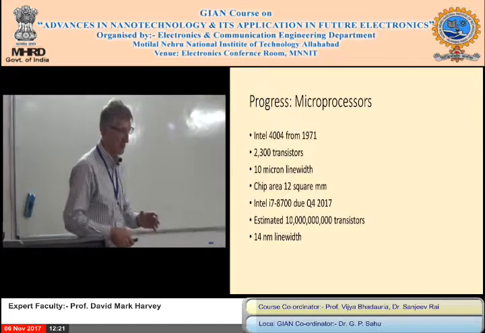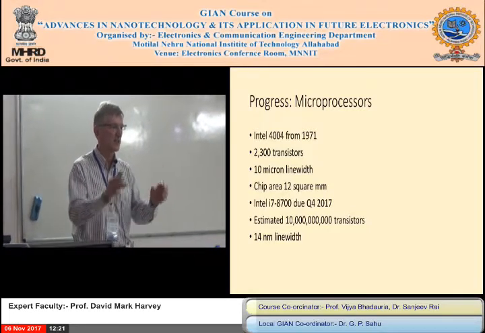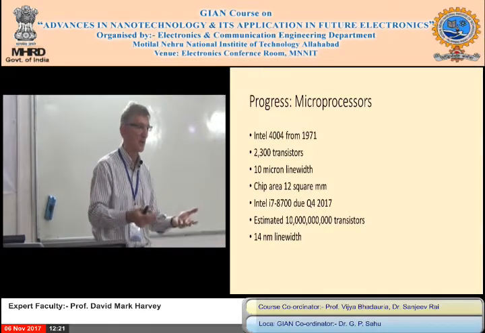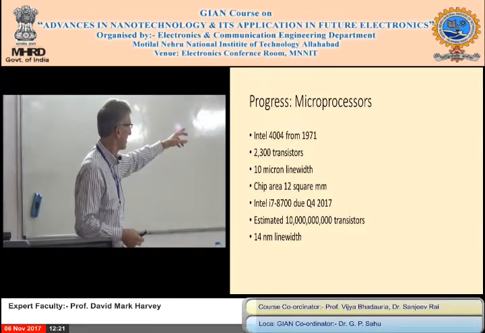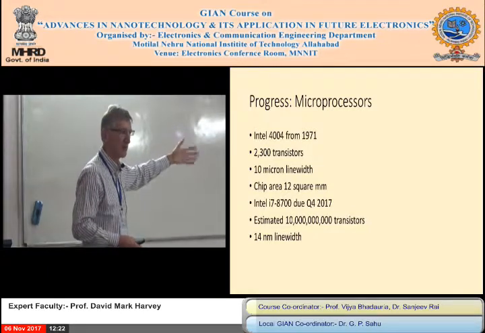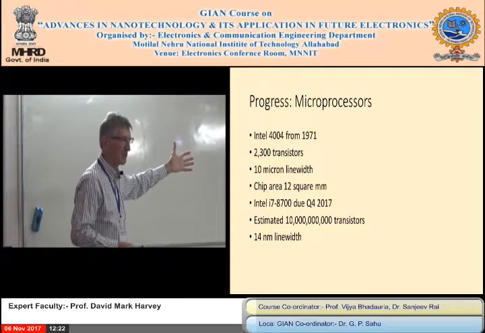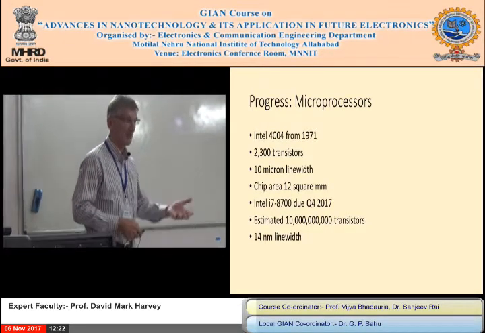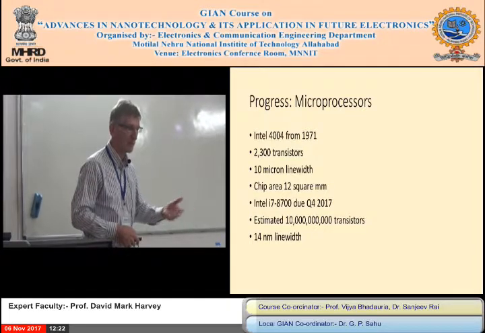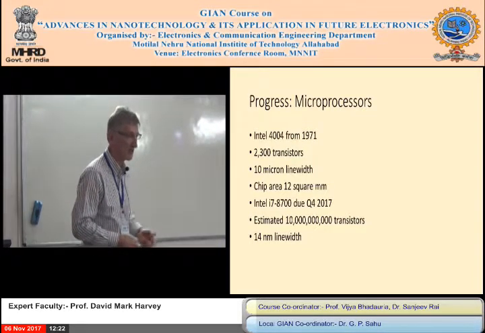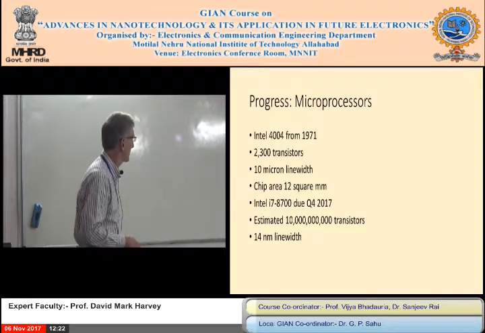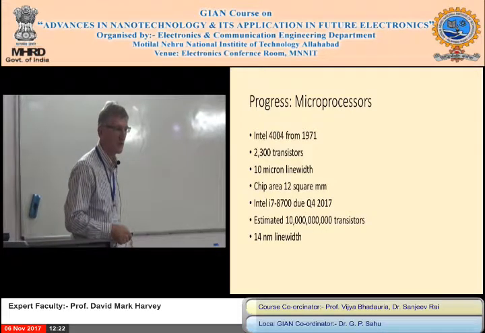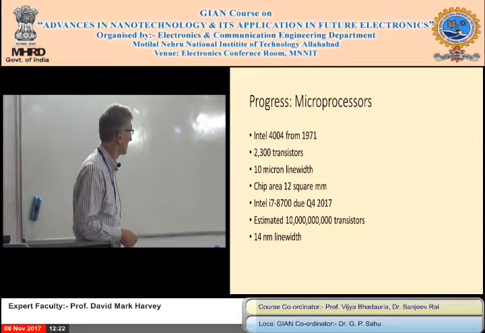Because before microprocessors you used to buy discrete logic, you had the trouble putting it all together on a board, making the board, soldering it, although it might not be reliable, you have to test it. You buy the microprocessor, you buy the clock, some memory, and you're working. Very quickly you're working. Then after microprocessors, microcontrollers came in, everything's on the chip. You just program a chip, very good, very cheap. Anyway, it's a 10 micron line width in those days, and it's got just over 2,000 transistors, 2,300. That's the state of the art.